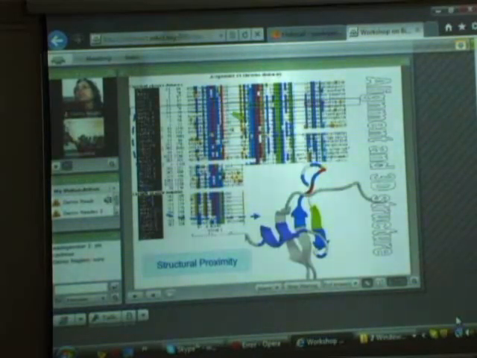But the evidence of covariation in this region indicates that when the protein actually folds into its specific native structure, during that folding process, these two amino acids are coming close to each other because of the folding of the protein. They are coming spatially very close, and they have a close interaction with each other.